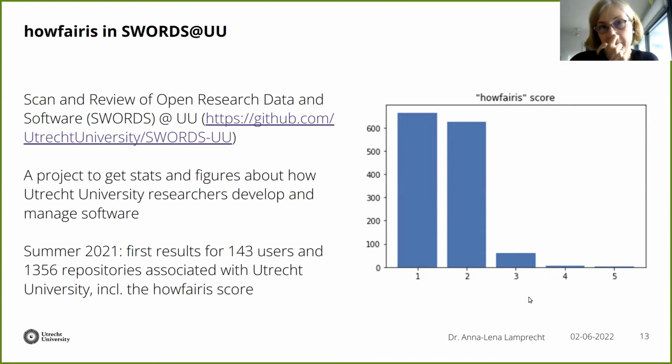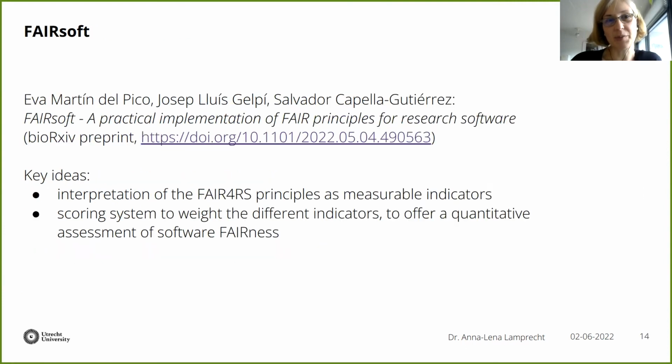And another thing is sometimes How Fair Is is just not able to spot that people have been doing particular things. So for example, if someone registered their tool in a community registry, but the GitHub page does not have that information, then How Fair Is will not easily find, or may just overlook that. So the fairness scores of our projects here might be better than the scores suggest. But still, it's an interesting indication, I think, from the experience we had. This kind of badging approach based on 5 simple criteria might really help to motivate people. But this is only an assumption or indication at the moment.